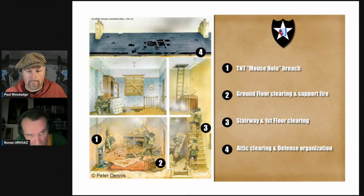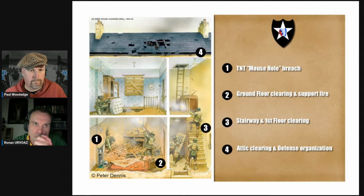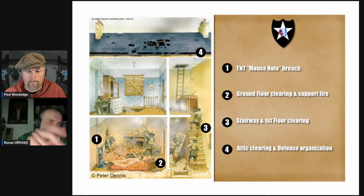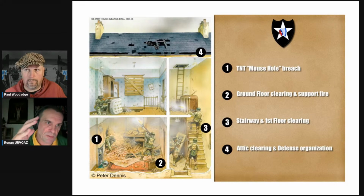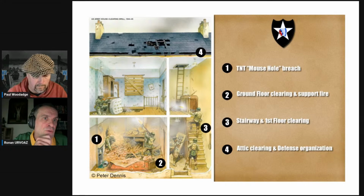You blow a hole from the basement. You quickly move up to clear every room one by one. This is usually done by a kind of buddy system. Usually you cannot have too many people at once, so you avoid the bunching up, because you make a good target. So before you enter a room, preferably you bounce a grenade, and another guy enters, covers the advance and the guy who is clearing, and you kill whatever German. Because if you throw grenades inside a room, a German could have well barricaded himself and might be just a bit confused, but still alive. So you still have to dispatch him and clear, and make sure that you do not bypass any Germans anywhere. It's got to be done very, very strictly, and then you move on to